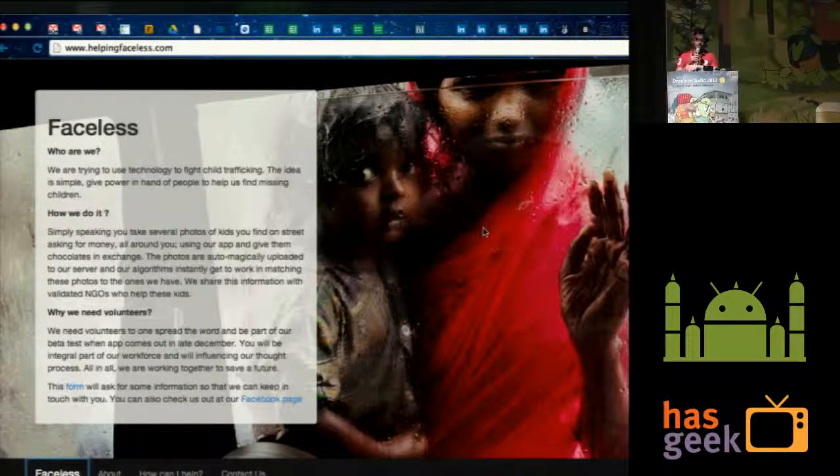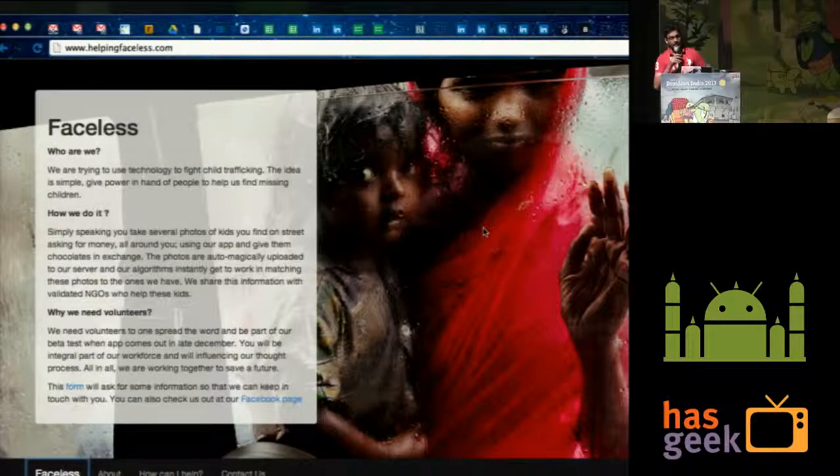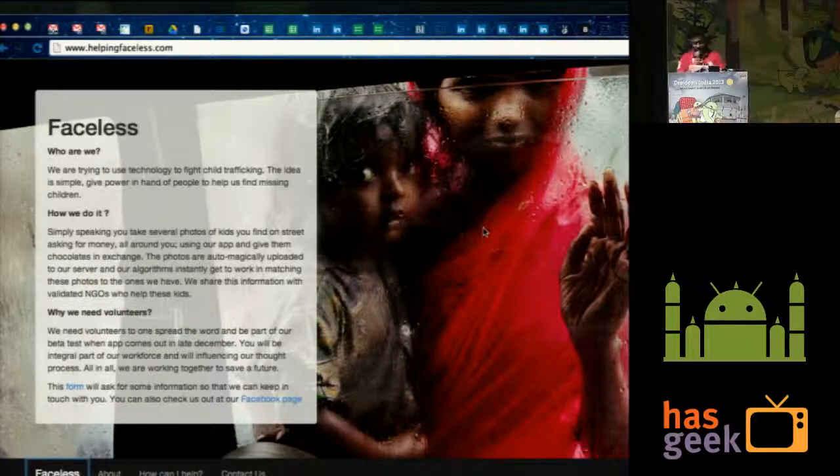Whenever you are in a car or on a bike, you can click a photograph of a beggar who approaches you, and our servers will be able to match it. Along with the photograph, we'll also capture the device location, so we can send that back to the NGO and say this person has been located at that position.